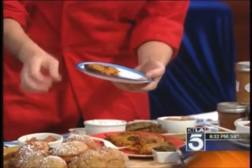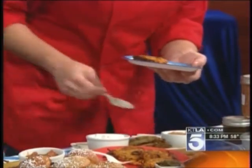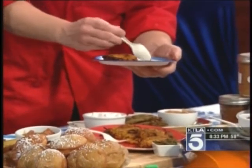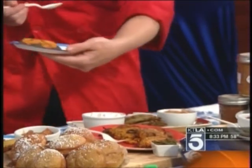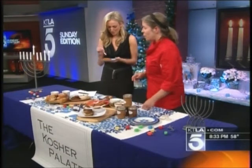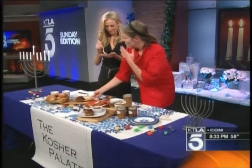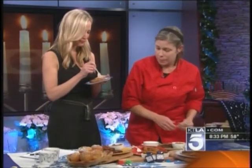Now, this is a sweet potato and yam latke with coriander and lemon. And what we like to do with this one is, do you like spicy? I do. Okay, so we have two different kinds of spice that we make ourselves. One is called zhug, which is a funny word to say, and it's a little bit spicy. It's from North Africa, and the other one is harissa. I would proceed with caution. Is it going to set my mouth on fire? A little bit, but that's okay because we have some Bedouin coffee for you guys as well. You can try that to cool your mouth down. And then the final one that we have is...